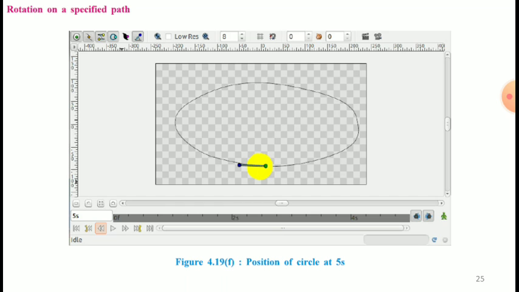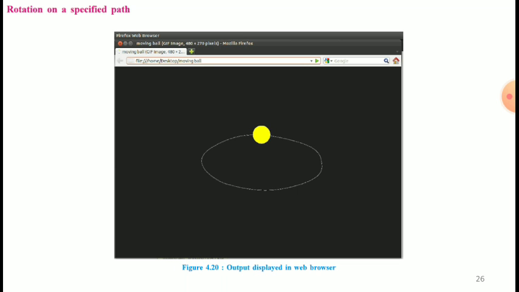You can see the circle moving in the anti-clockwise direction, then save and render the file. Figure 4.20 shows the output as viewed using a web browser. That is the output displayed in a web browser. In anti-clockwise, the circle is moving along the path.